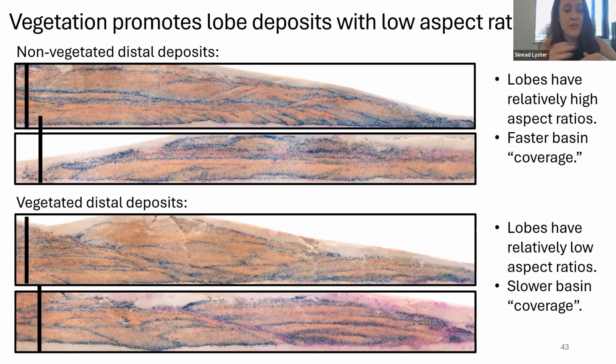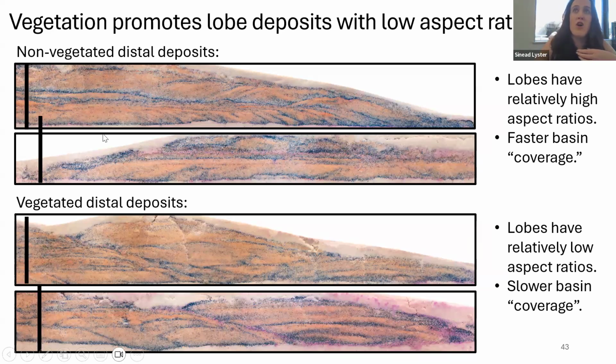Now, looking at the more distal deposits, and these would be distal, offshore, we're looking at lobe deposits now. So one of my motivations was how does onshore vegetation affect onshore stratigraphy? But one thing that's been really cool to see is how onshore vegetation is directly driving offshore stratigraphy. So remember how the vegetated delta was routing water and sediment past the stable banks, building up those little bird's foot lobes, but restricting the migration of those lobes. The result of that is more localized offshore sedimentation,